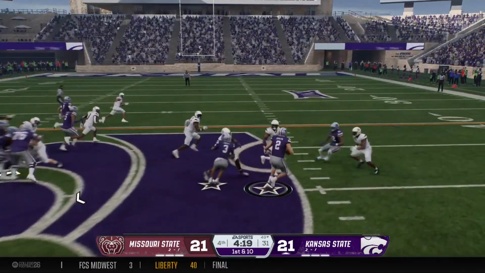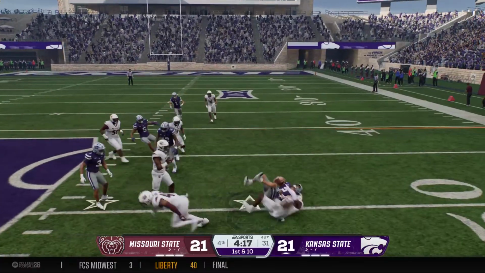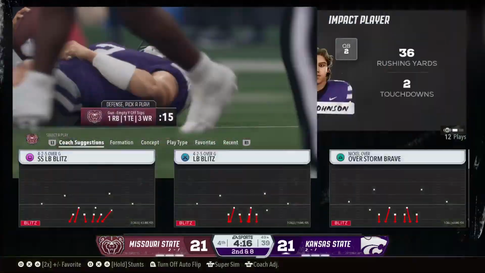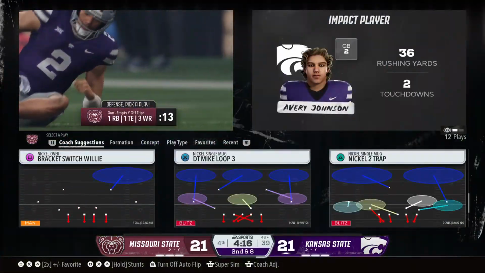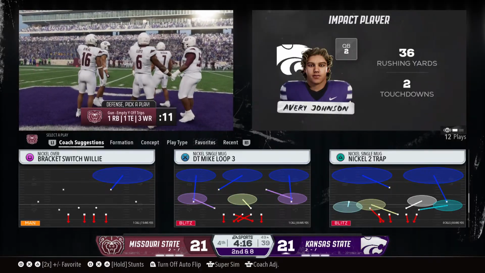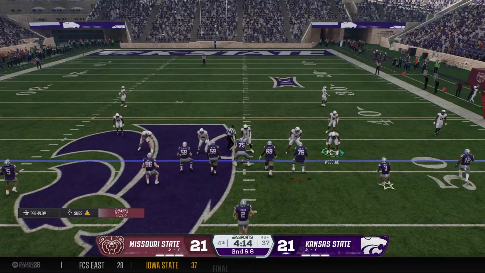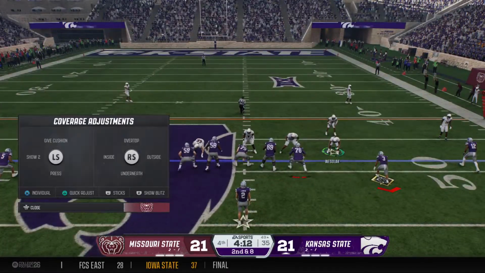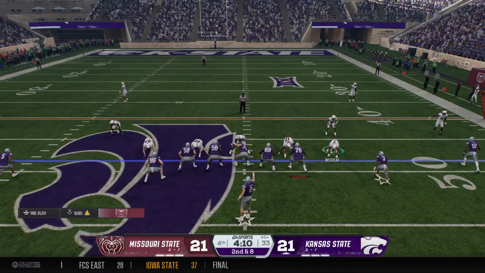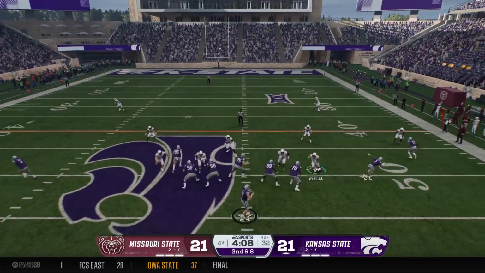Using his feet. Oh, what a move. We'll give him a couple on that one. 2nd and 8 coming up. You know, I really like this QB running the football because I know he's got a lot of speed, but he's not the biggest guy in the world. So he's not going to be able to break a lot of tackles. You really got to do a good job of trying to scheme ways to get him out in more space.